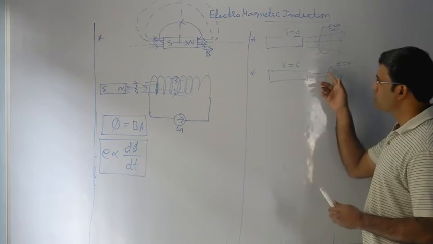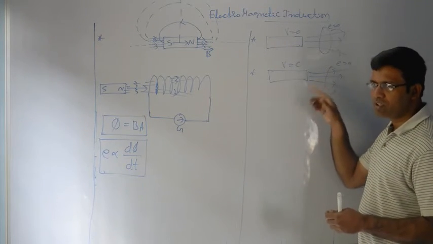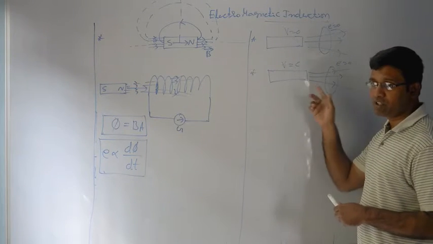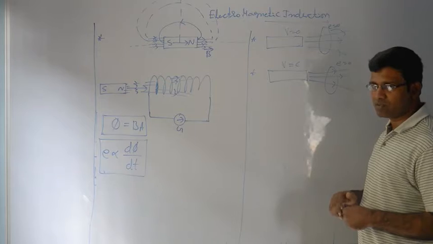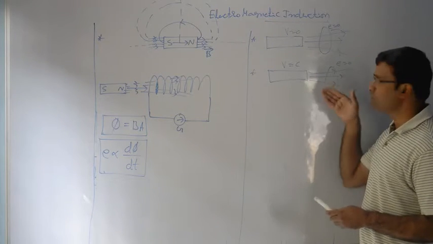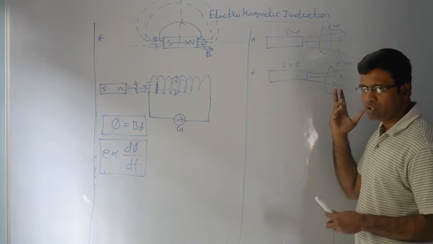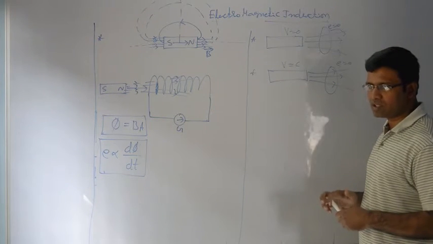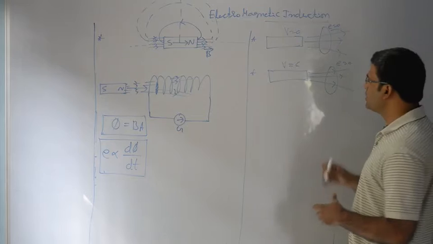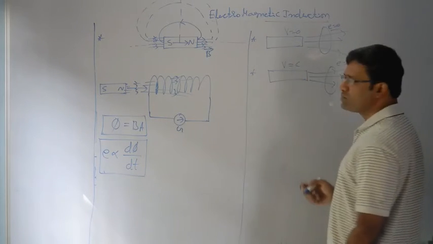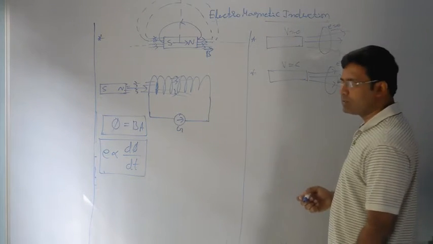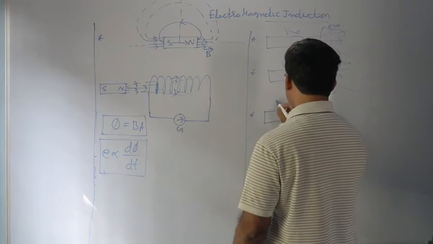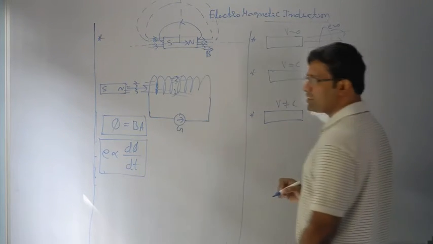Again, suppose the number of lines is 3. Later it becomes 4. That change from 3 to 4 takes a long time, since it is moving uniformly. In that case, no EMF is generated. That is based on the force on the conductor concept. So what is the EMF when the magnet is moving with constant velocity? Zero still. Next, when the magnet is moving with non-uniform velocity, that means it has some acceleration,